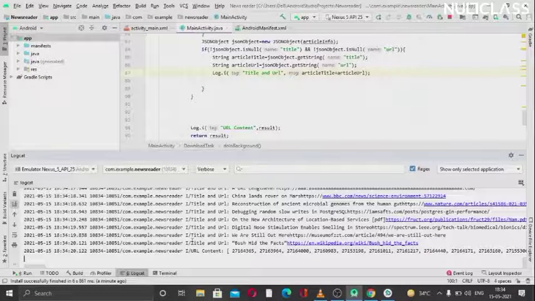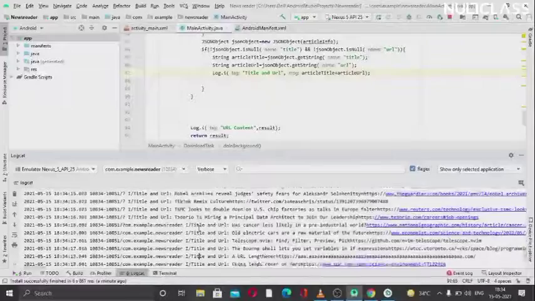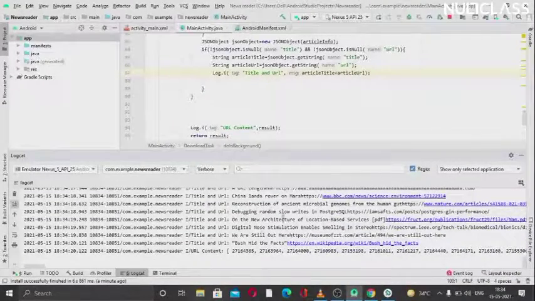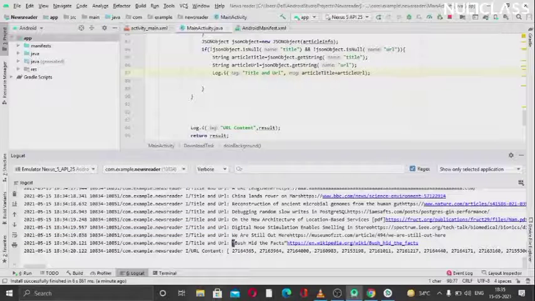We can see that we are getting the title and URL here for all these news. Like you can see, we get all these, and as we have selected 20, we will be getting the 20 only, or the fewer of them which will be available. So we have just selected max count as 20. So this will be the title, and the following hyperlink will be the URL. Okay, so this was the URL content, and for this one we are getting these logs.